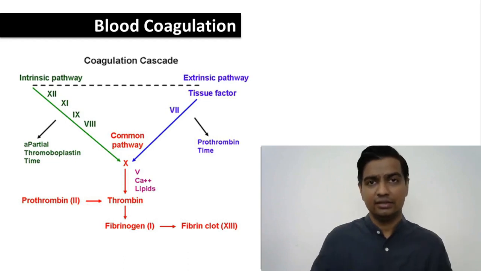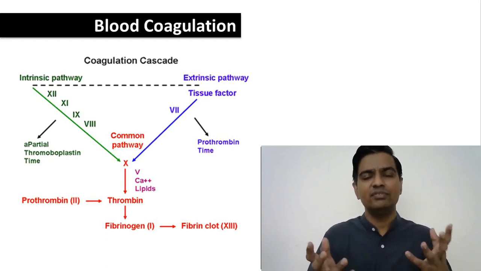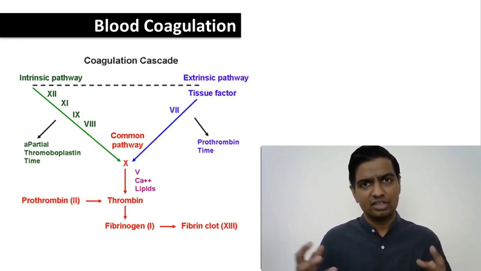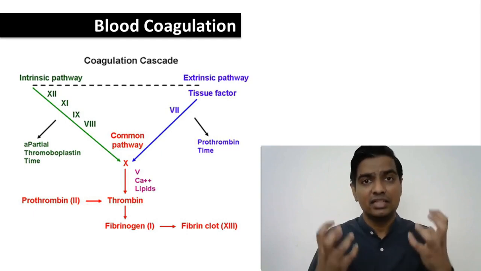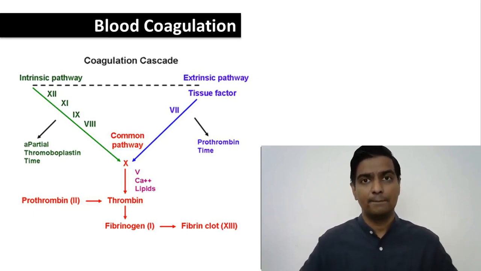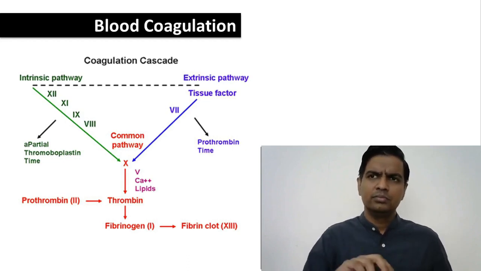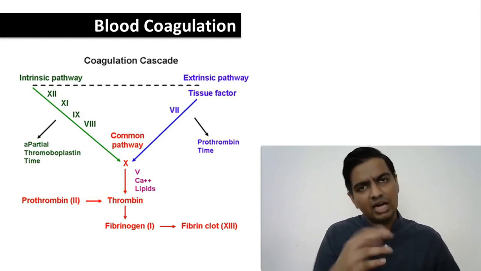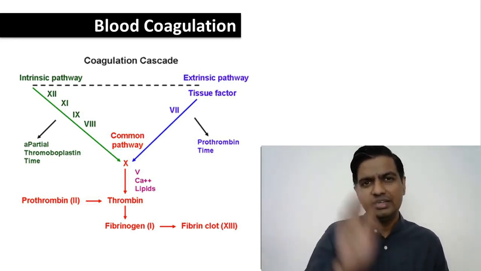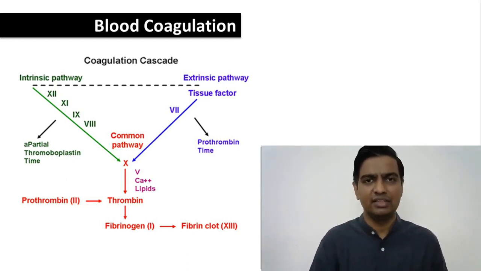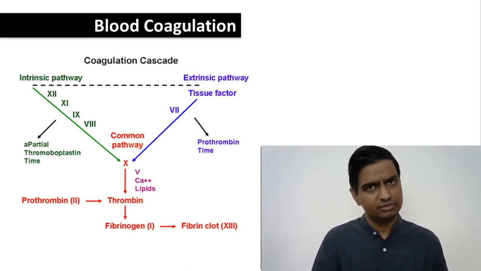Now, using this flowchart, it's very easy to understand that if we can somehow increase the level of these clotting factors, then the chances of clotting will increase, right? These medicines are called coagulants. Coagulants are medicines that enhance the presence of clotting factors in someone's body, and of course, they will favor clot formation. The other kind of medicines we are going to study decreases the presence of these clotting factors in the blood. We'll call them anticoagulants. Simple. So let's first focus on coagulants.